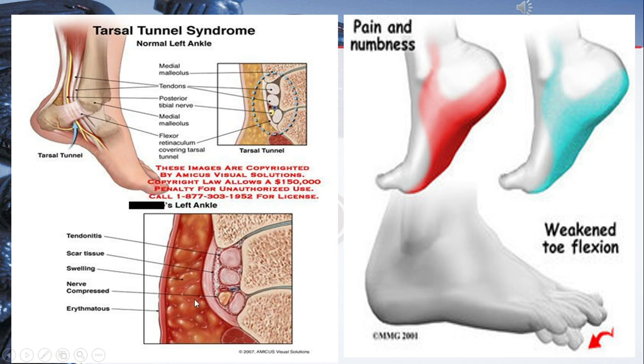Now, due to the inflammation or tendinitis of the tendons of posterior compartment, there is pain in the region of tarsal tunnel here, and then due to the nerve compression, the pain also radiates towards the sole, which is the territory of tibial nerve. Prolonged entrapment can result in pins and needle sensation and then numbness of the marked area. As the muscles are plantar flexors, there is weakness of plantar flexion, especially marked weakness in plantar flexion of all the toes.